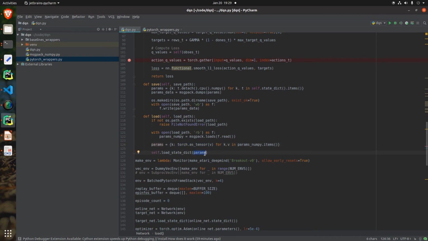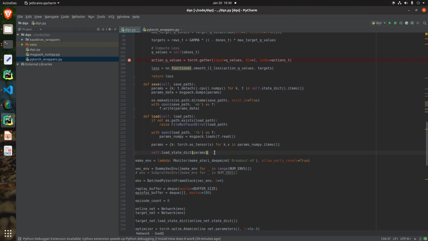into our model. Now it's important to note here that we do not need to save the parameters of our target network, since the online network is the one that makes all the decision making, and the target network is only interesting during training time. Even if we were restarting training, we still would not need to save the target network. We could just set its parameters equal to the online network like we already do at the beginning of the